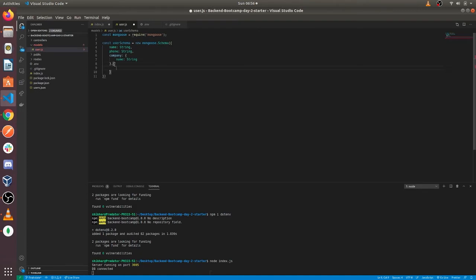now schema can also take in some options. I'm going to set timestamps to true, so this will tell us when the document was created. This will go here. Options are the second parameter.